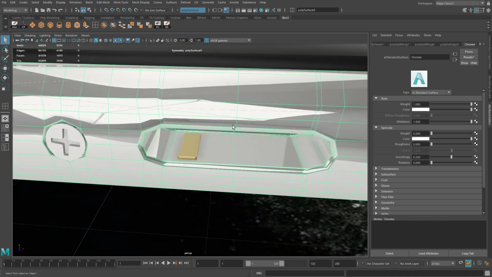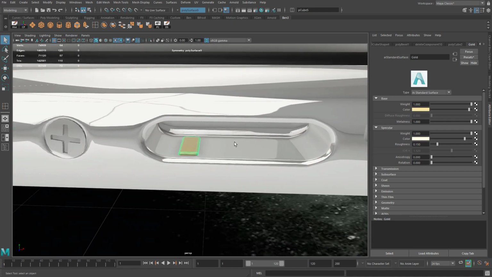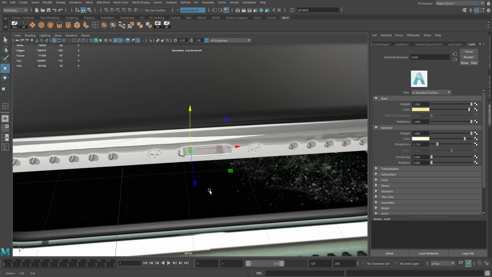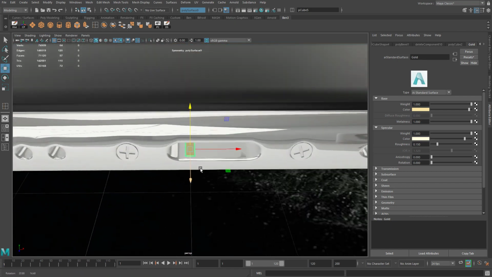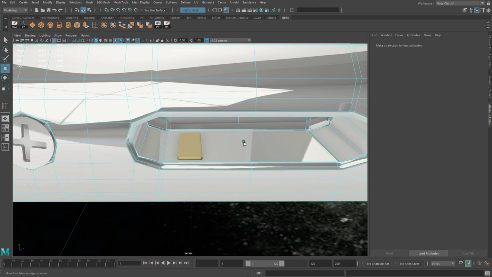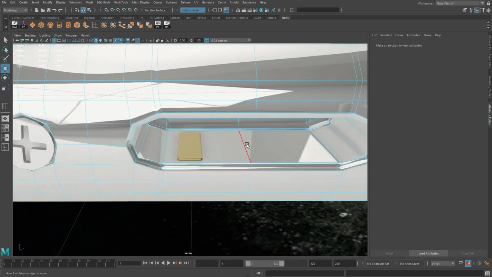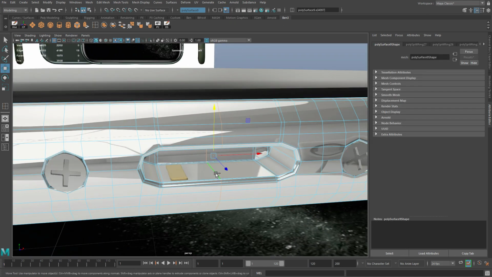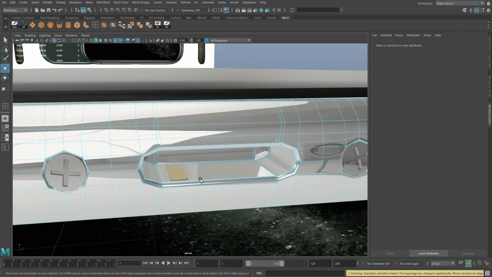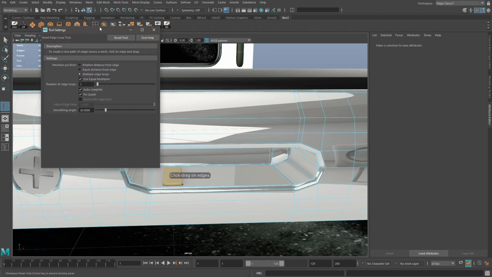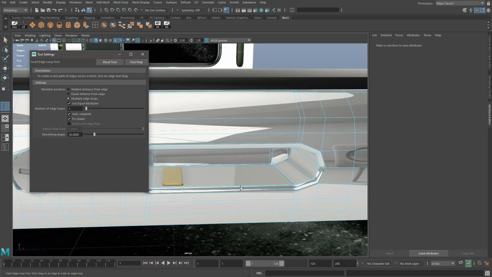So the iPhone charging port at the bottom has 8 gold contacts, which we need to space out as evenly as possible. We could use a duplicate special command and work out how many units to duplicate them across, but it'll take quite a while. The easiest way to do this is if you know exactly how many you need along an object, you can just put in that number of edge loops manually and it will just work. So if I remove the center edge loop from here and do shift, right click, delete edge, so that now I can say I'd like to put in 8 edge loops equally spaced in here, and it's the fastest way of getting sort of like a fake ruler or a guide